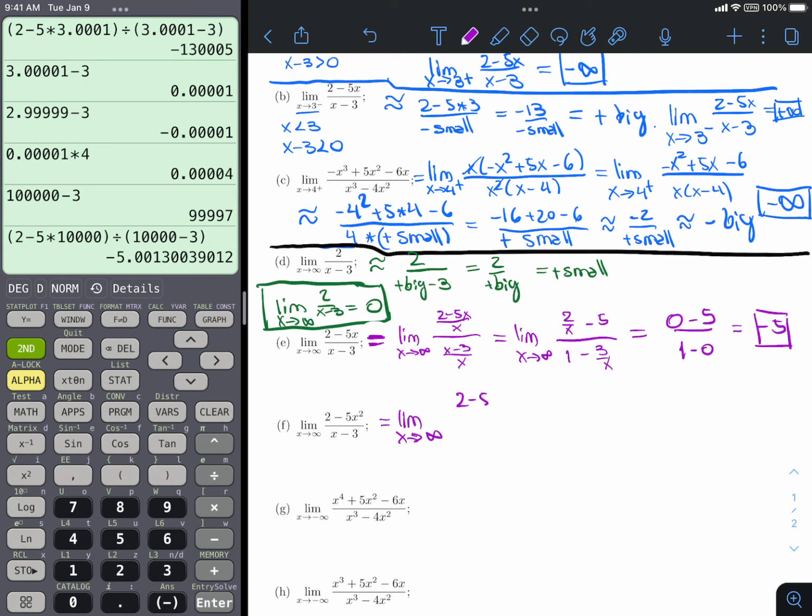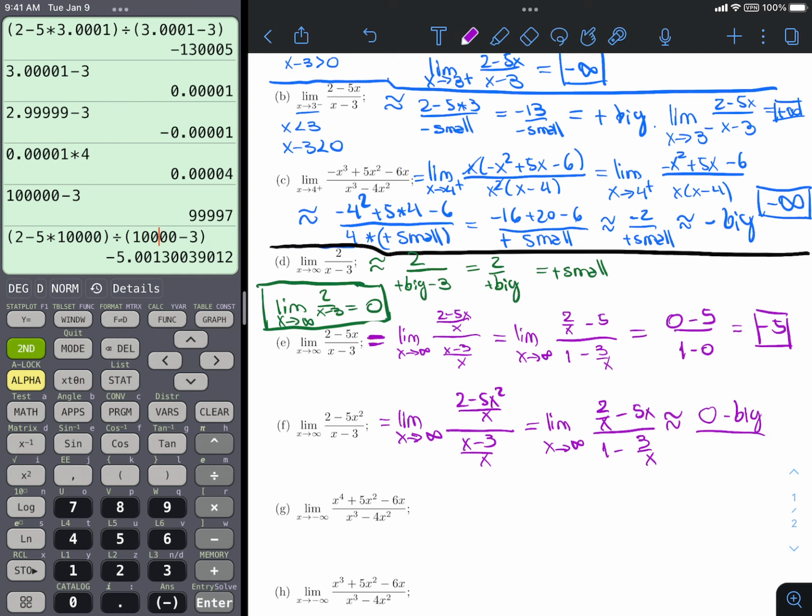So I'll do (2 − 5x²)/(x − 3) as x goes to infinity. Now I can get 2 over x and then minus 5x, over 1 minus 3 over x. So what will that be? I'm going to get about a 0 because x is getting very, very small, so I'll get about a 0 there. Minus 5 times something positive and big, so that's big,